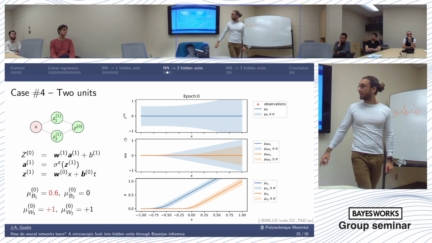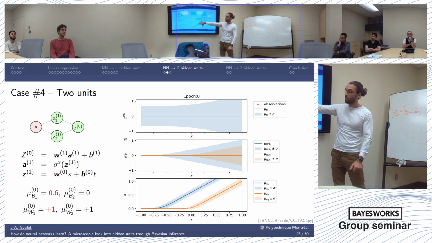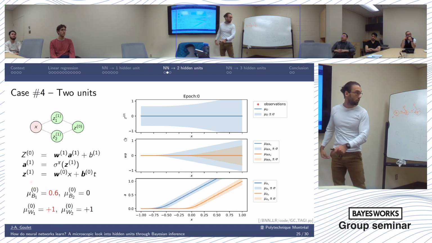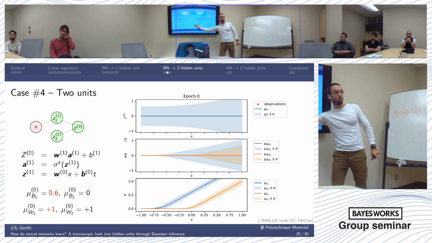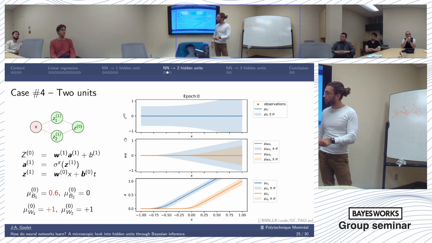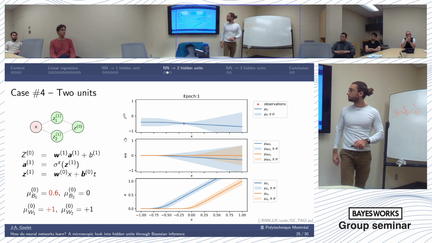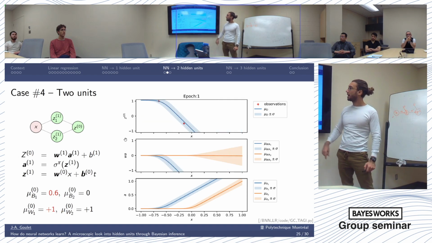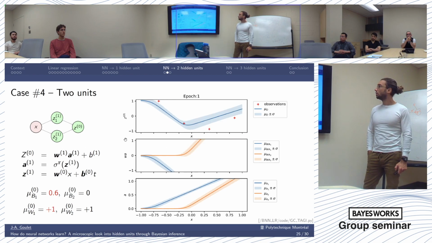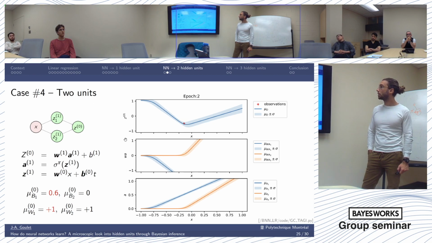In that case, I assume this structure by assuming the first bias. We said that the bias on the first layer was moving around the activation function here. So by having 0.6, it moved this one to the left, and both have a weight of +1. So in that case, I have a first observation, a second observation, third observation, fourth observation. Not too bad. If I do a second epoch,